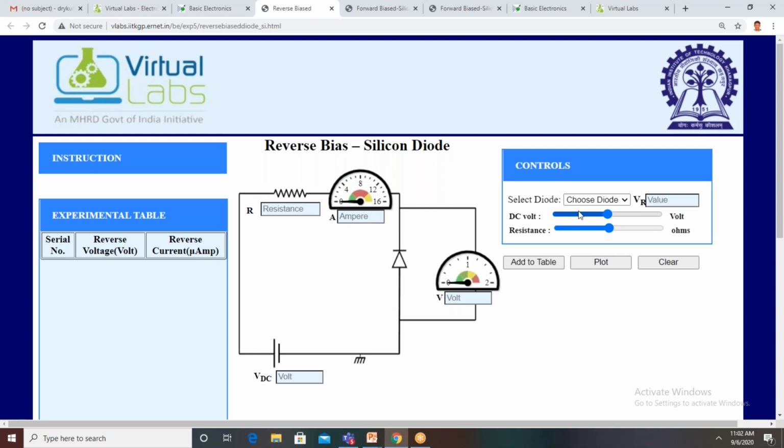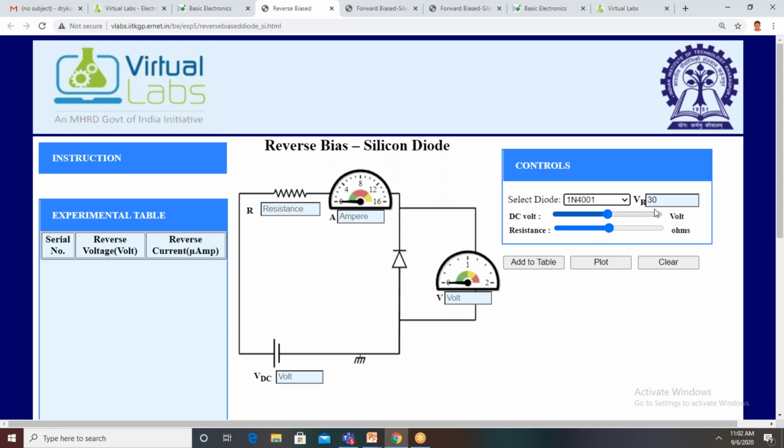You select a particular diode. Earlier we selected IN4001, now I am selecting IN4004. Actually, under forward bias condition we took IN4001, and for reverse bias also we have to take the same diode. Its reverse bias voltage is automatically displayed.